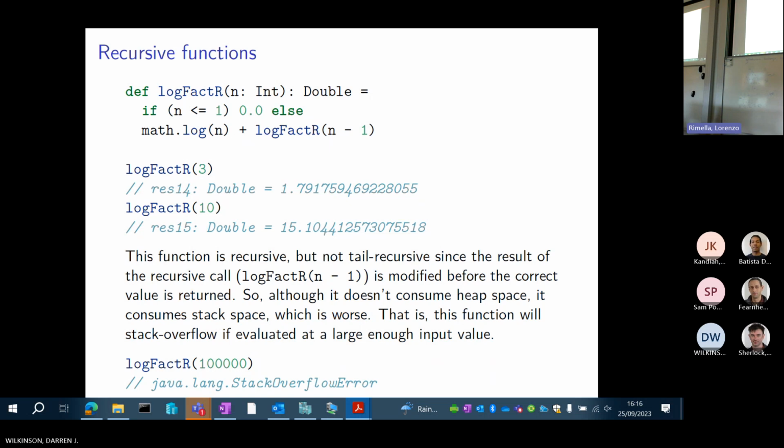So if you call it on a really big argument, it will actually give you a stack overflow, not a heap overflow, right? So this is better than the previous version in the sense that it's not consuming heap. But it's worse than the previous version in that it's consuming stack. Now, stack is much faster than heap. So that will be